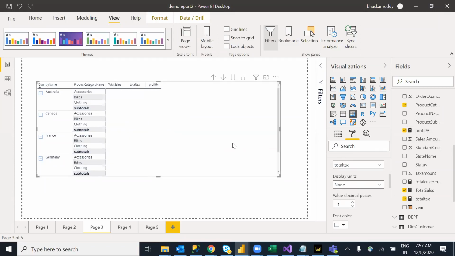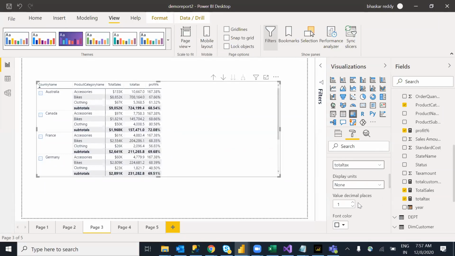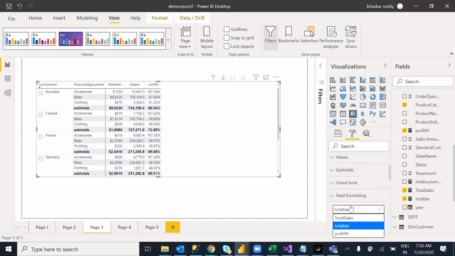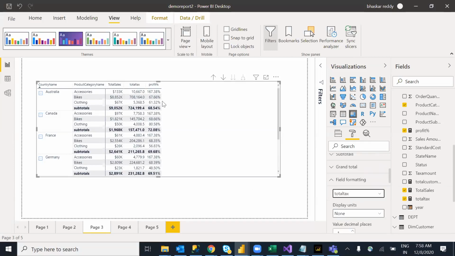So based on that, for every column level, for the tax amount, I want 2 decimal places. However you want it, we can change these properties. Here we can select whatever property you want. Tax amount, what are the properties you want. We can change the colors over here. For every column, we can display a different color and all.